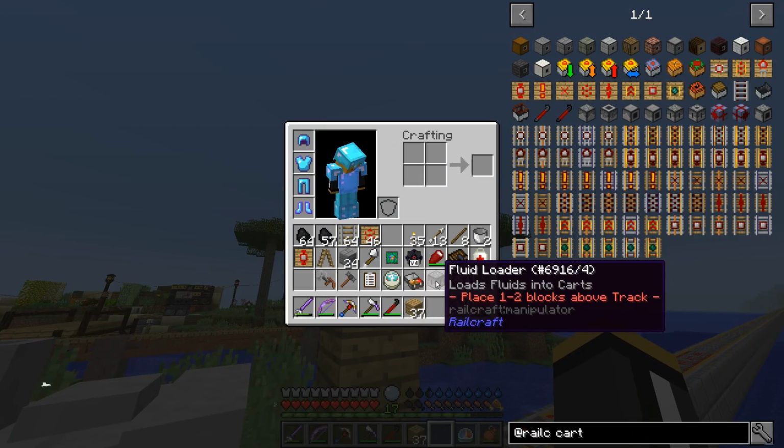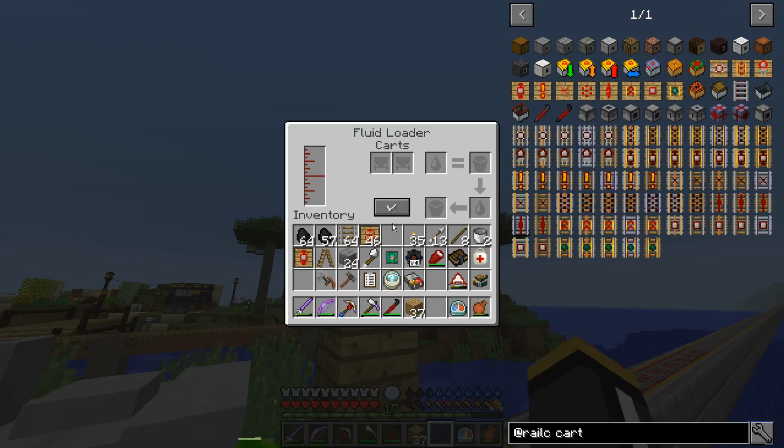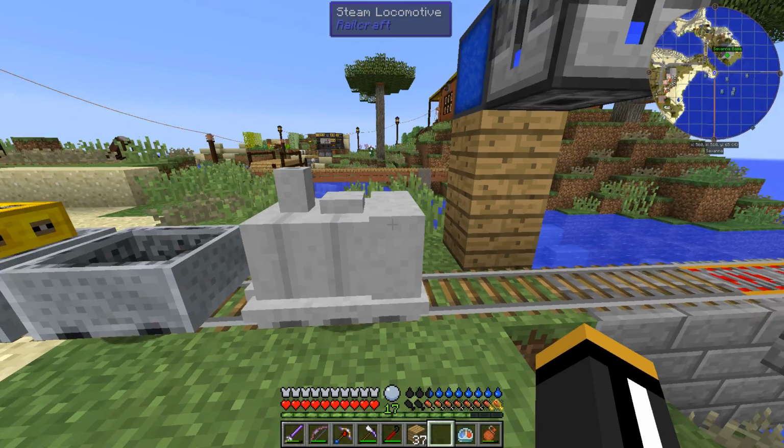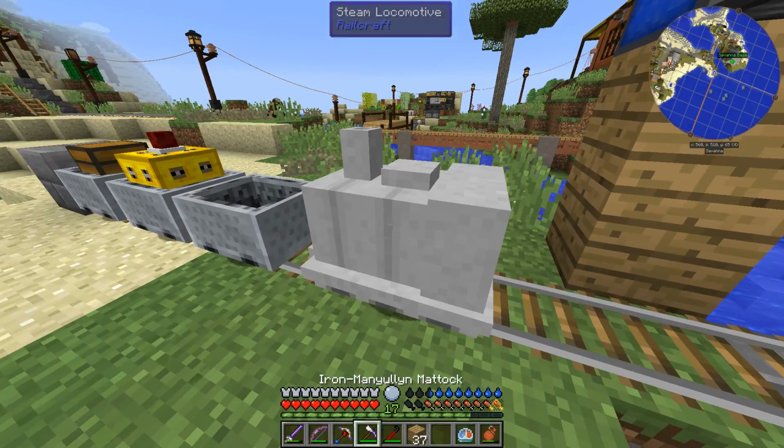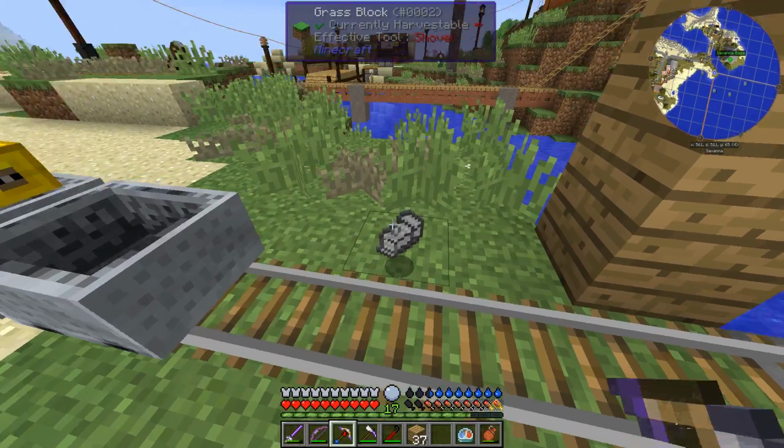And then I'm going to put this fluid loader right there, and it should fill up with water. Hooray! It's going to fill carts with fluid, whatever carts we tell it to fill. If we don't tell it anything, it's going to fill everything, including our locomotive. So if we place our locomotive right under there, we'll see